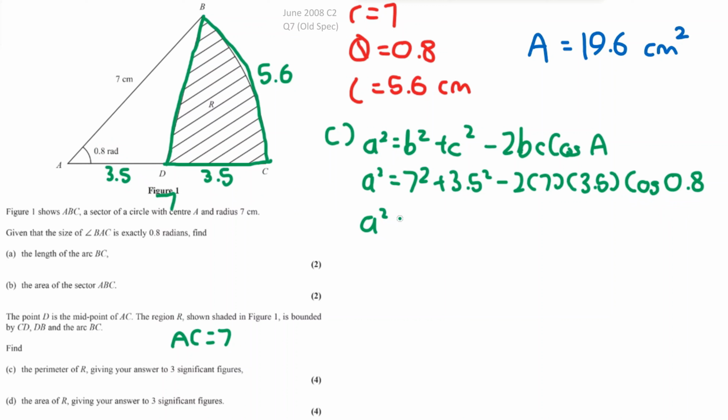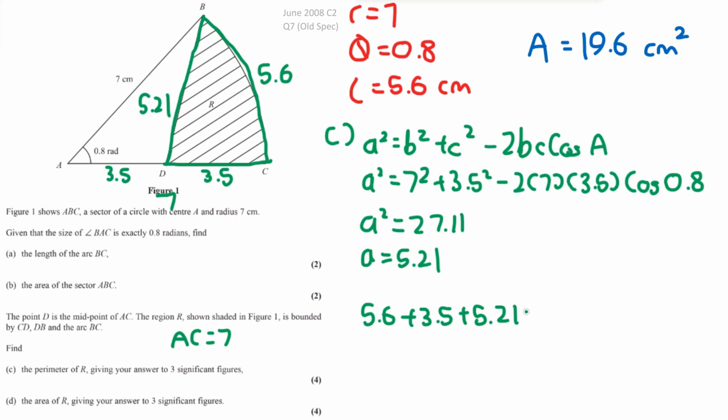So therefore a squared, if you put this into your calculator, is equal to 27.11, but this is a squared, so therefore a, which is going to be this side here, is equal to this square rooted, which is equal to 5.21. So this side is 5.21, so therefore we have all the sides. So the perimeter is going to be 5.6 plus 3.5 plus 5.21, which if you put this into a calculator, is equal to 14.31, but it wants it to three significant figures, so it's going to be 14.3